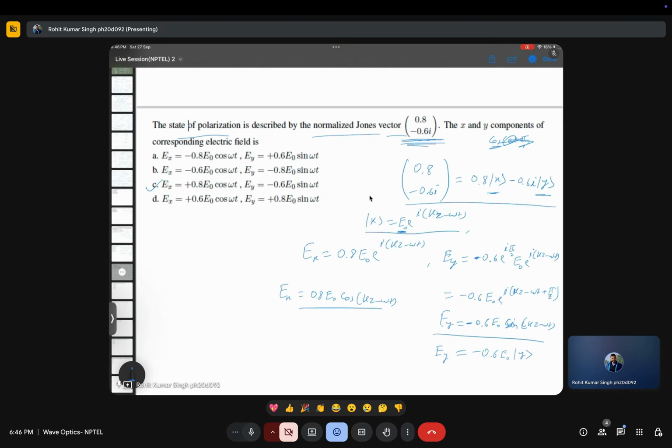I think E naught should not be here, right? If it is not normalized, then we have to insert E naught. Otherwise, we should not insert E naught here. Logically, I don't know. Because when we reverse this problem, we go back from here to here, then we get a non-normalized Jones